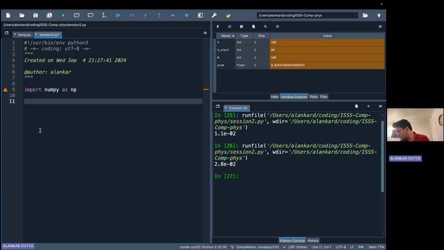A number n is a prime number if it has no prime factors less than n, and hence we only need to check if it is divisible by other primes. If a number n is non-prime, having a factor r, then n equals rs, where s is also a factor. For r greater than or equal to square root of n, then n equals rs, which is greater than or equal to square root of n times s, which implies that s is less than or equal to root n. In other words, any non-prime number must have factors, and hence